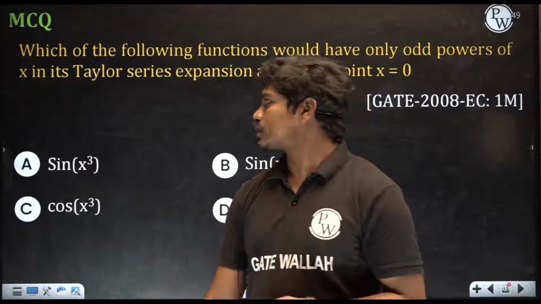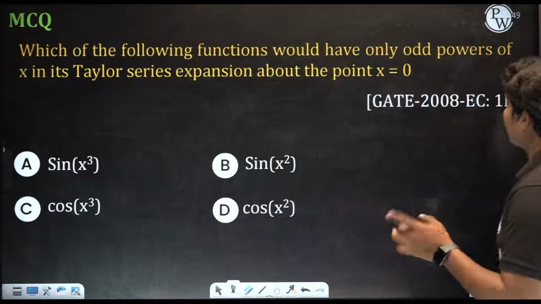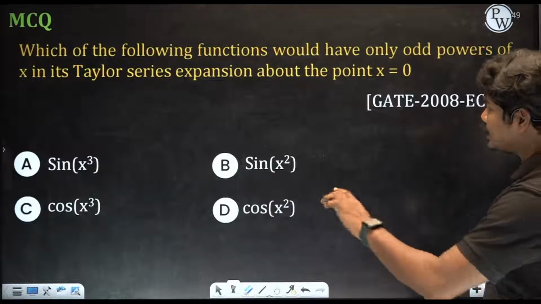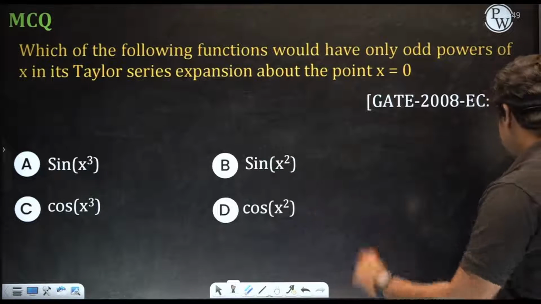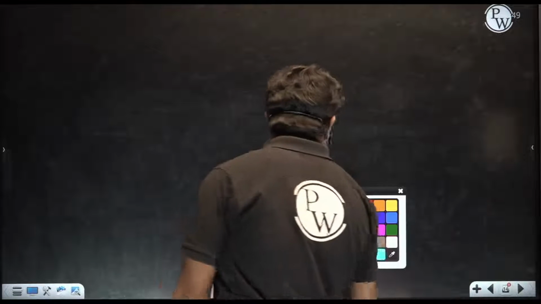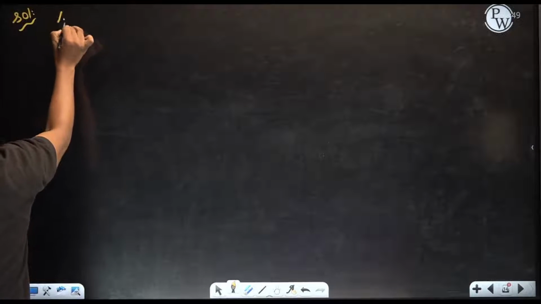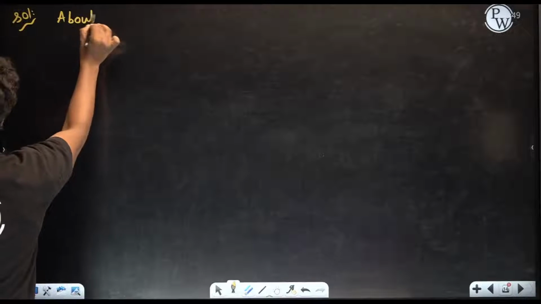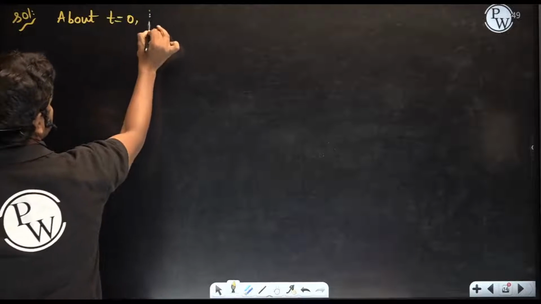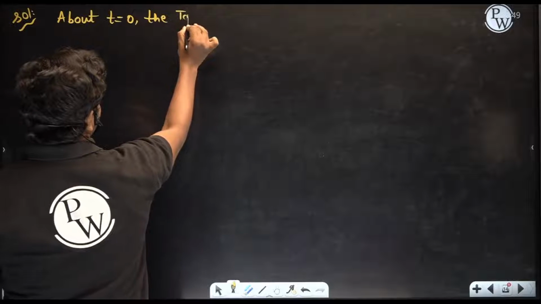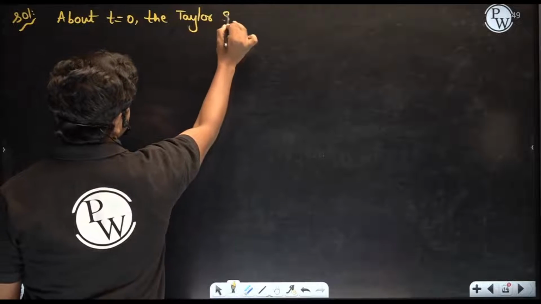So let us solve this question. Which of the following functions would have only odd powers of x in its Taylor series expansion about the point x equal to 0? So basically, if you see, about t equal to 0, the Taylor series expansions are